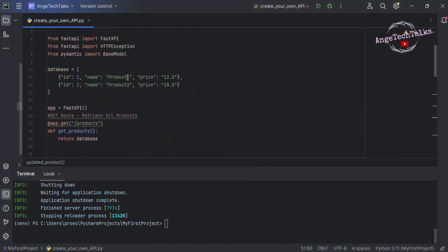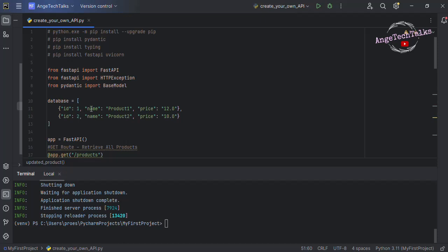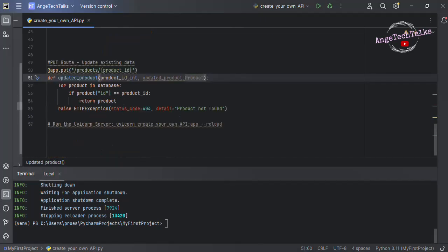Perfect. Then we need to iterate through each item or each product in the database. This is our database. We need to iterate through each item in the database to find the one with the matching ID. For each product in the database, if the product in the database having the key ID matches the product ID, which is the ID passed as a parameter,